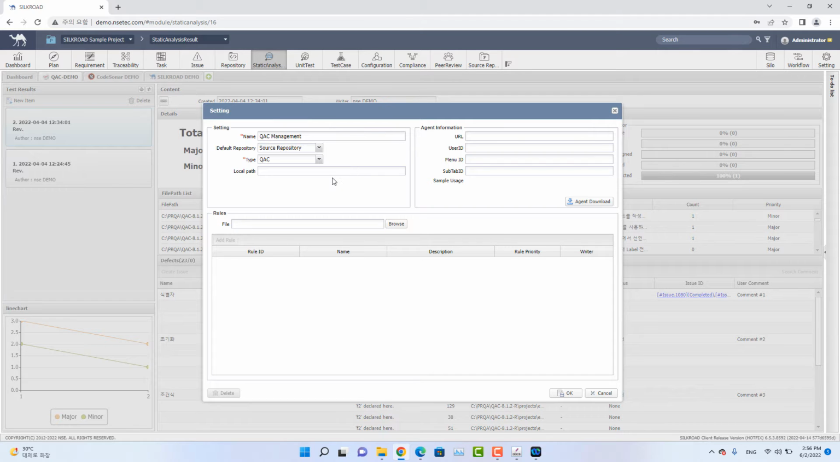Okay. From below, there's a field where you can choose the right rules for this third-party tool. You can choose QAC, CodeSonar, C++Test, Code Scroll, and the one that we provide from SILKROAD itself. Okay. So you'll be able to browse the rules files from your local PC, and once it is imported, then